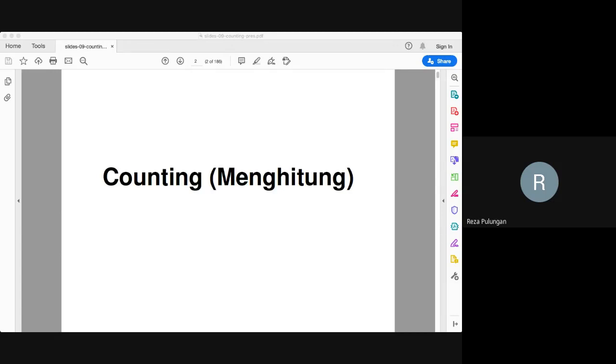Okay, we are going to talk about counting. In bahasa Indonesia we call this menghitung. So how do we count things? Counting basically